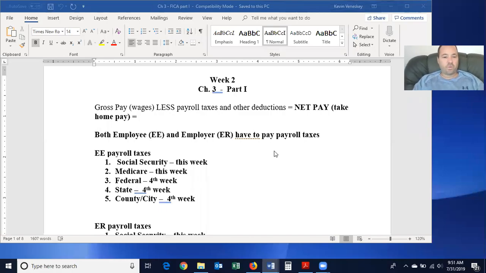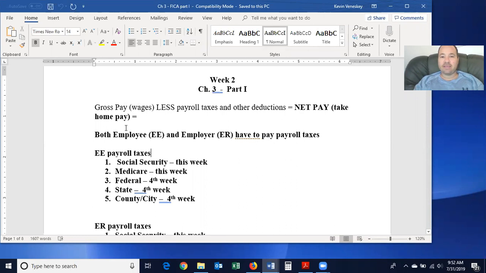With part two of this week's lesson, we're going to expand now on FICA taxes, the Social Security and Medicare parts. FICA standing for the Federal Income Tax Assist Program. So when we first start out, just some keywords that you need to make sure you understand when you're dealing